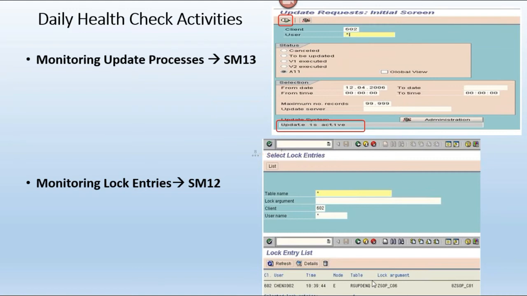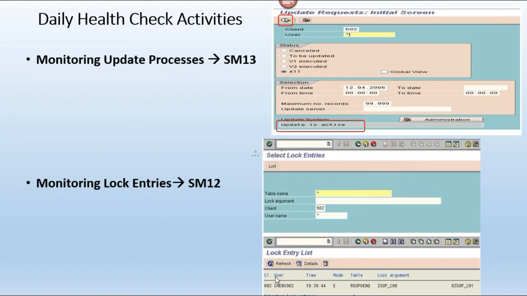First of all, we need to cross check whether this user process is executing in the system or not. Without cross checking, don't select the lock entry and delete it directly. Don't do this in production systems. The lock entry should not be deleted directly in the production system. Got my point? First, you need to cross check whether the work process is working or not.